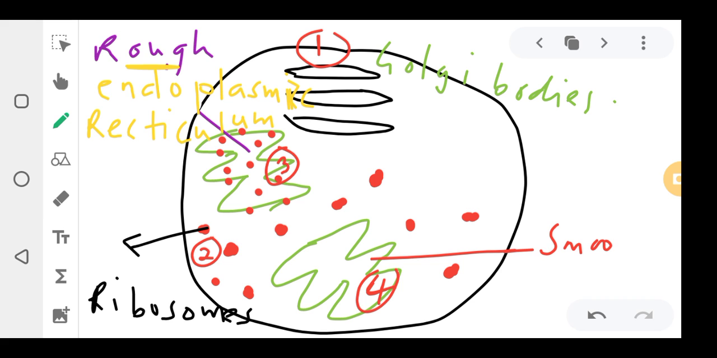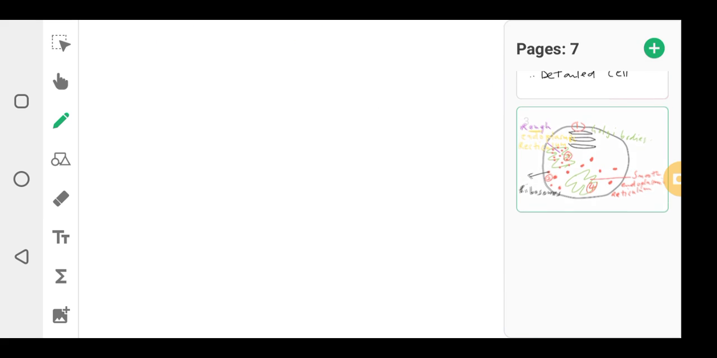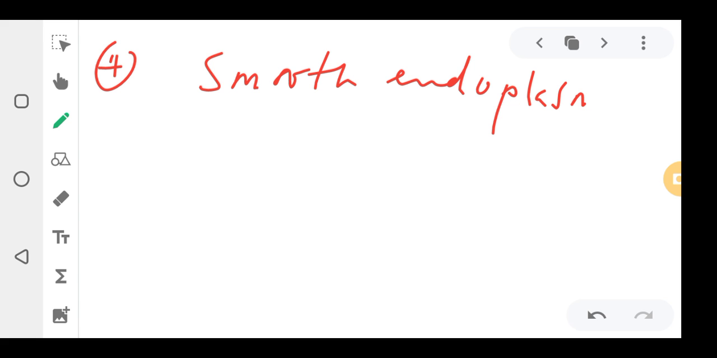Smooth endoplasmic reticulum. Okay, what is it used for? So this is number 4. The smooth endoplasmic reticulum